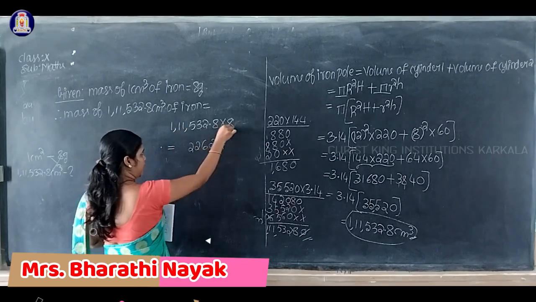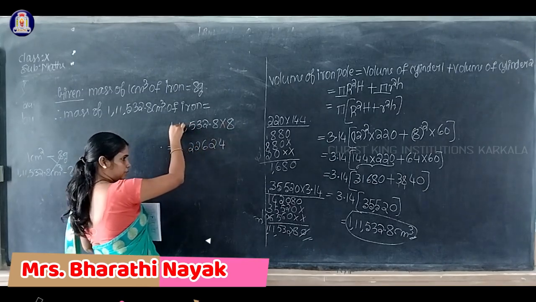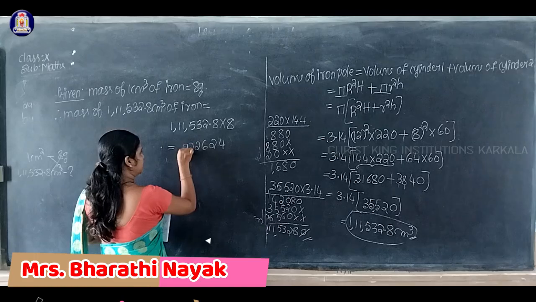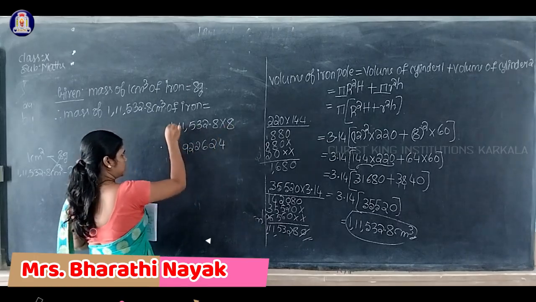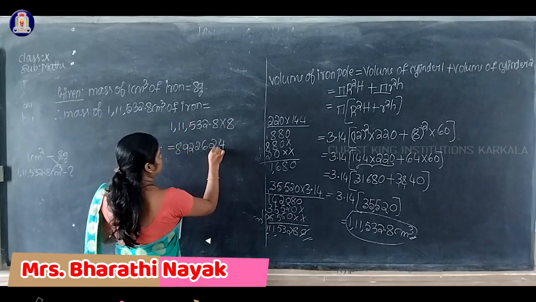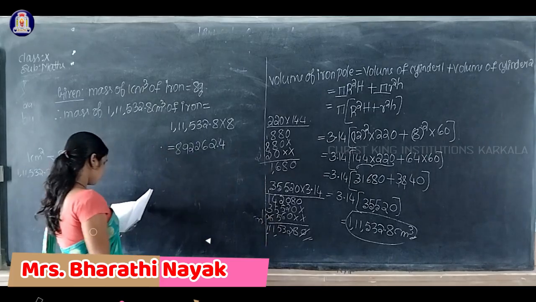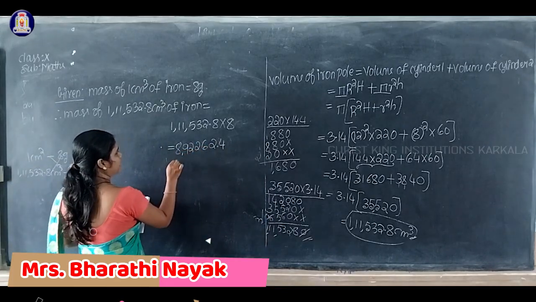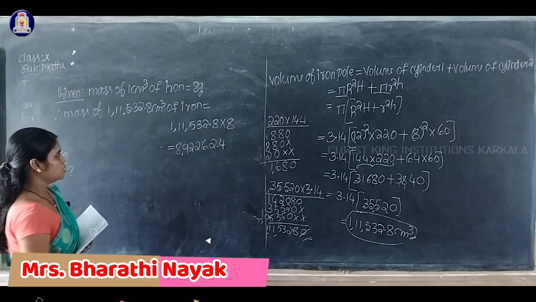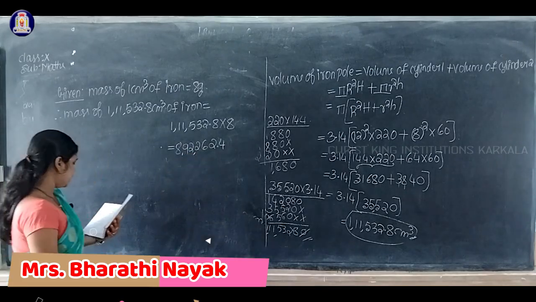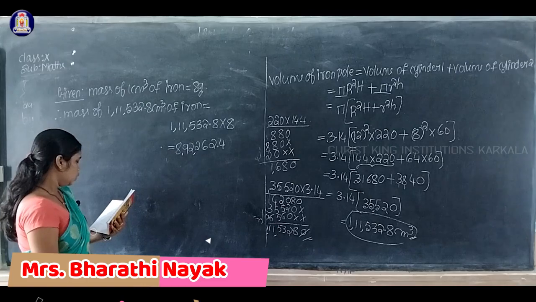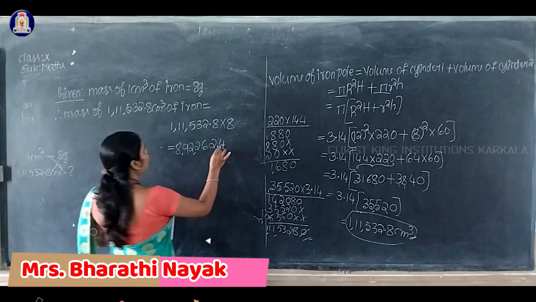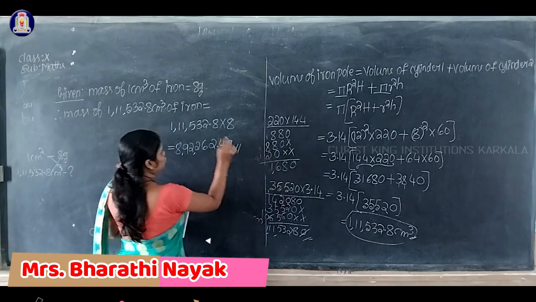12. 1 carrying. 8 1s are 8. 8 plus 1 how much? 9. Again 8 1s are 8. Okay, so therefore you will get what is your answer? 8,92,262.4 gram. Okay, so this is the